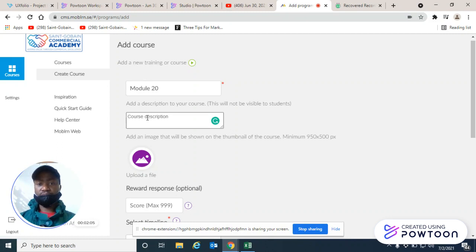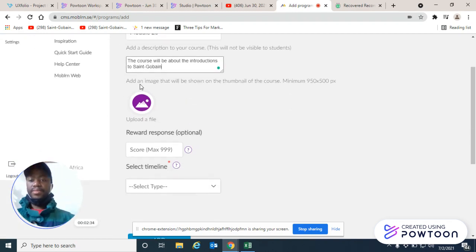So on course description, you'll give a description to your course, but this won't be visible to the students. It will only be visible to the admin. So let's say the course will be about introduction to Saint Gobain. Then on image, when you add an image, you'll be shown on the thumbnail of the course,